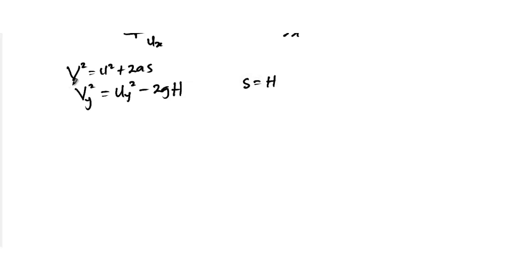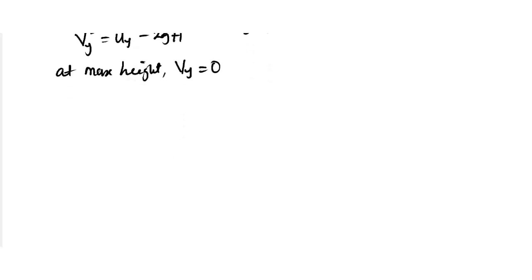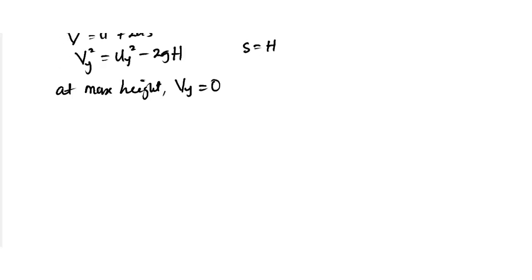So with this understanding, at maximum height, v subscript y is equal to 0. Why? v subscript x is constant, so we don't need that for now. So at maximum height, v subscript y is equal to 0. So we have 0 squared is equal to u subscript y squared minus 2gh, where h in this case is the maximum height. So if we bring 2gh to this other side, it will become positive. So we have 2gh will now be equal to